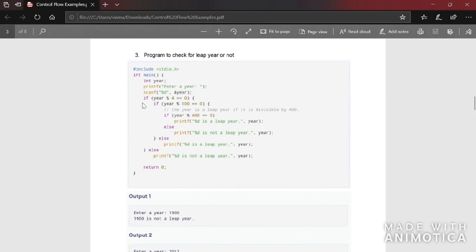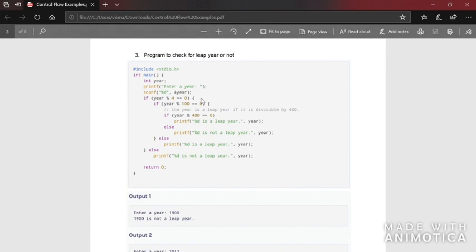Now here they're using the concept of nested if, that is inside the body of one if condition you will find another if. You can include any number of ifs inside the body of another if condition. There are no restrictions regarding the number of if conditions that you can include.